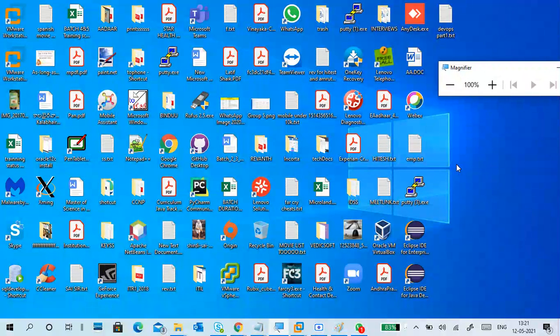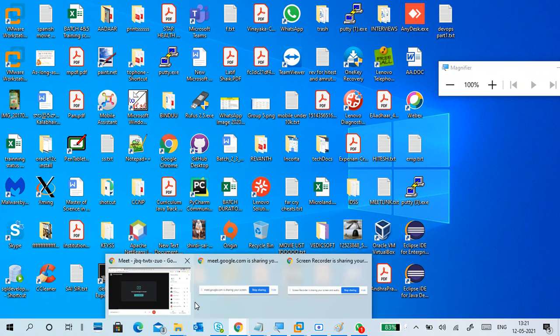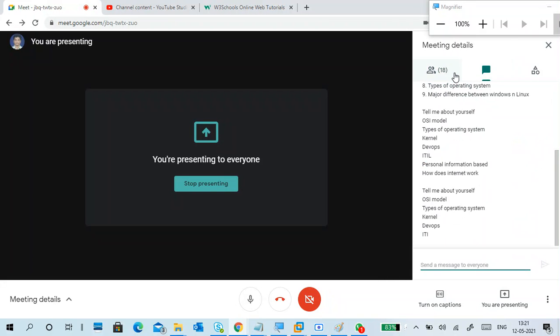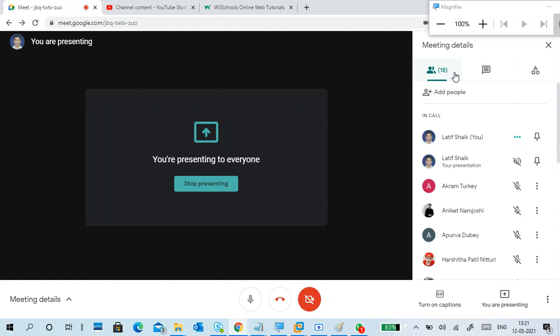Guys, which protocol is used to sync time from your system to a time server like time.windows.com? What kind of server is it? Which protocol? Any idea? No, sir.